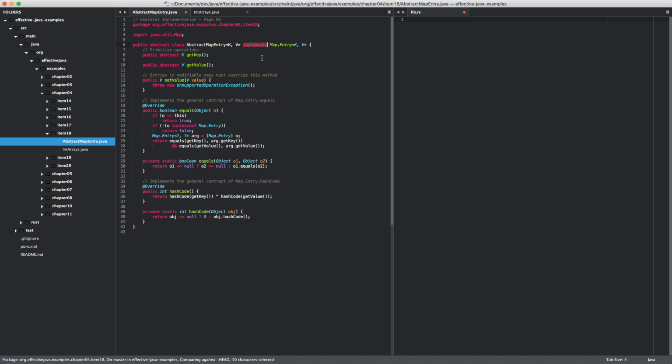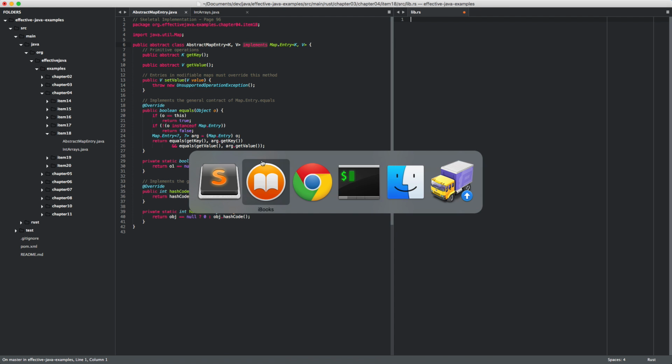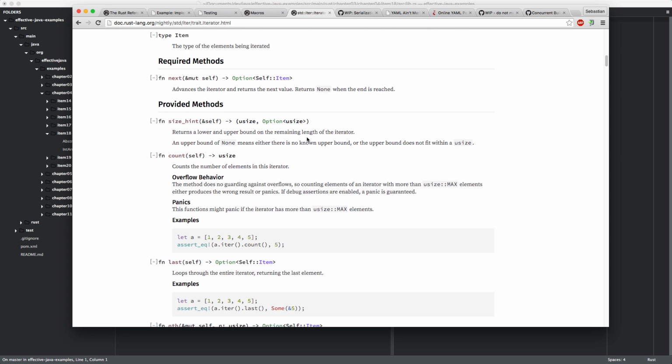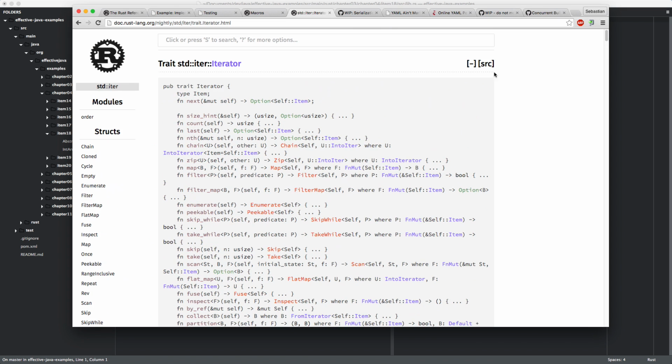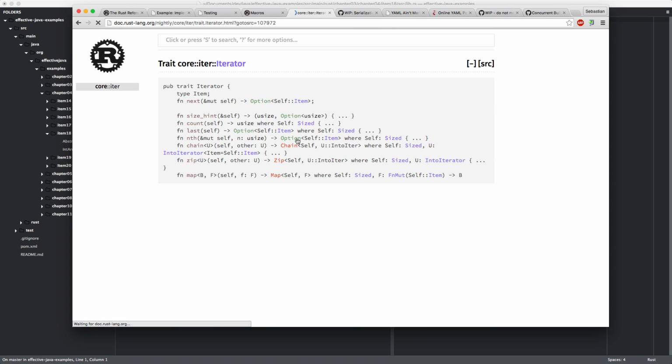So in Rust, you can have, and that's very common as well, implementations of methods that use one of the required methods here. The cool thing is when you define that thing, there's no need for you to